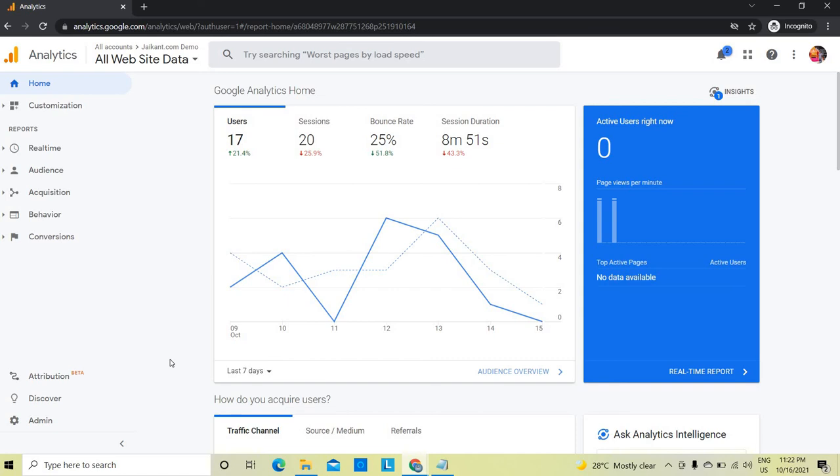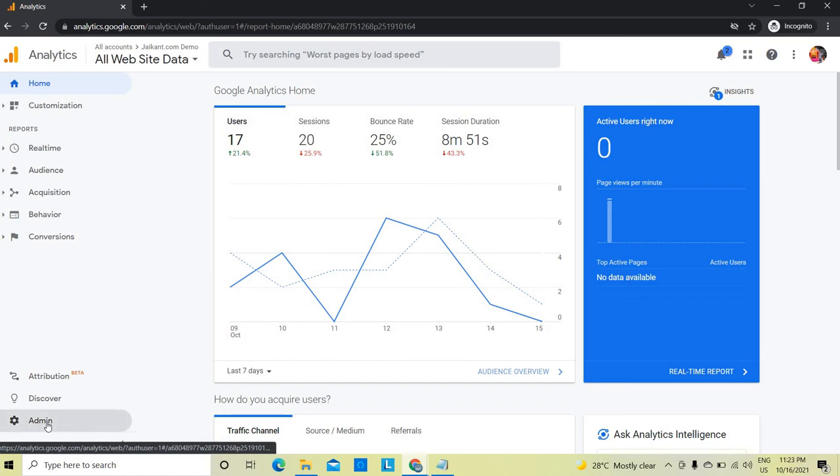You can name that page thank you page or success page or whatever you wish. And the same for a form submission goal and a user registration goal. You will have to redirect the user to a specific page when they complete a form submission or create a registration. Let's see how to do it.